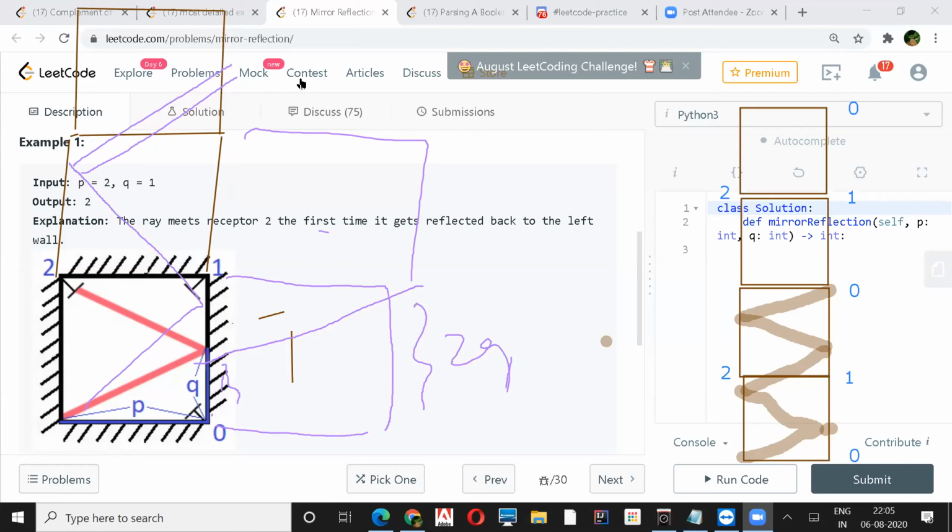But in this case, P is odd. In the case when P is even, it will slightly change, right? Can you please give an example? Like if P is 4 and we do the same exercise for Q. If P is 4 and Q is 2, it will be fine. We understand it, right? It's going to be receptor 2. But if P is 4 and Q is 3,